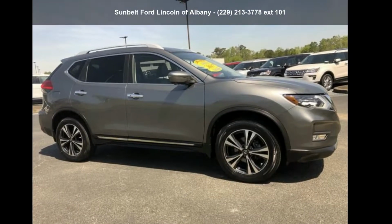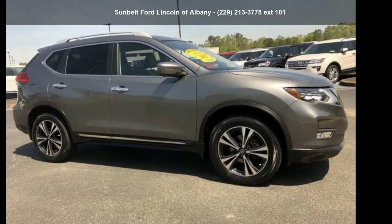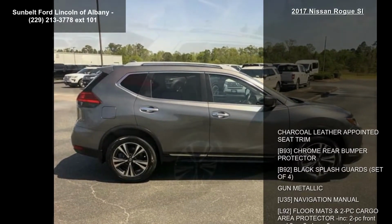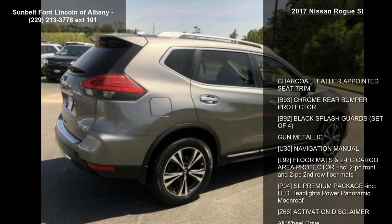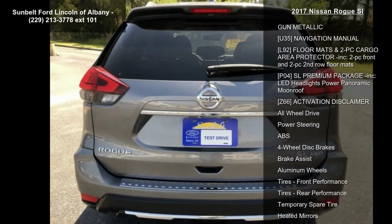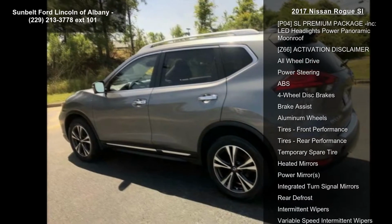Presenting the Nissan 2017 Rogue SL. If you are looking for a first-rate auto, this one could be yours today. Some of the top features included with this vehicle are charcoal leather appointed seat trim, B93, chrome rear bumper protector,